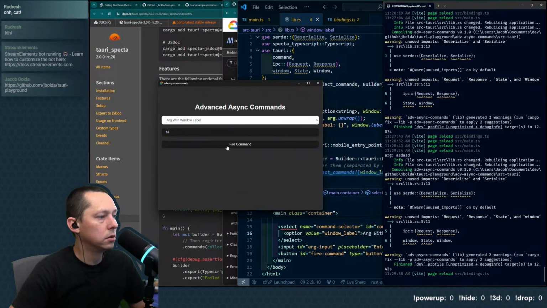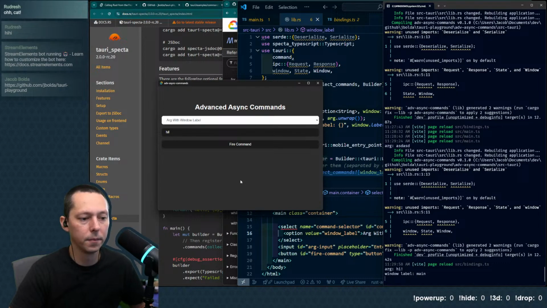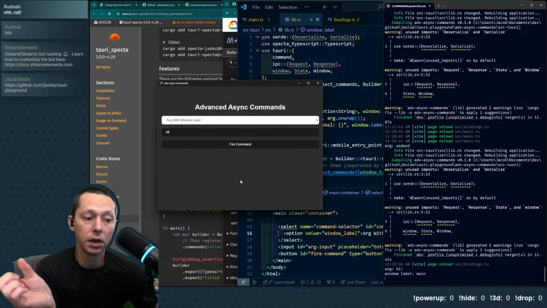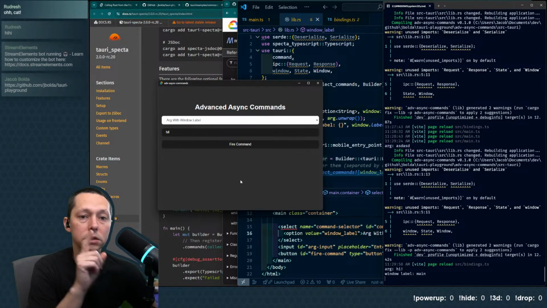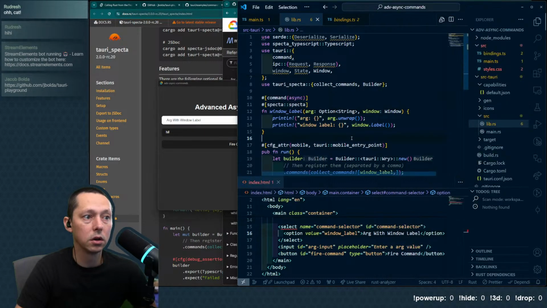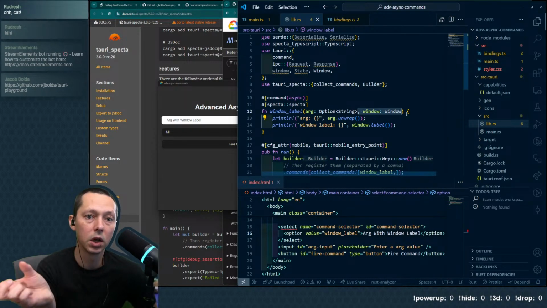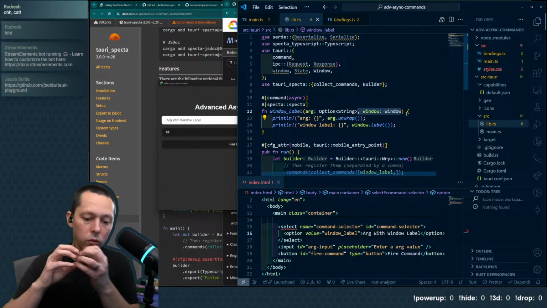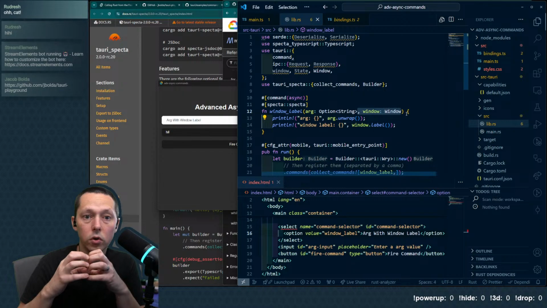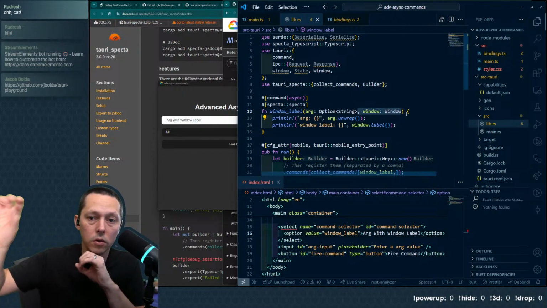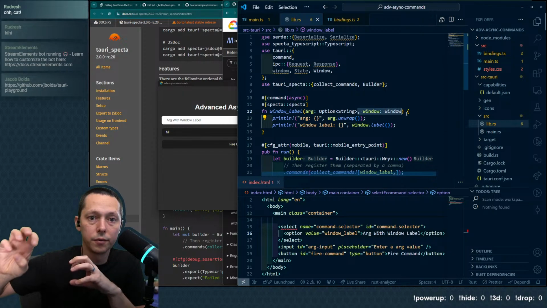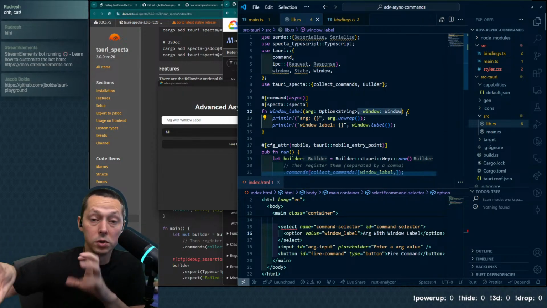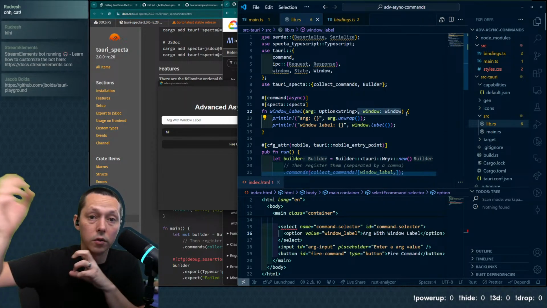So now it's coming from window label main, and we're getting an arg. And why that is nice, the window label is nice. If you start to get into multi-window, that ends up being helpful because you know where your commands are coming from. So you can have one window fire off a command. We can see which window label it was fired off from, and we could respond either to that same window or other windows.